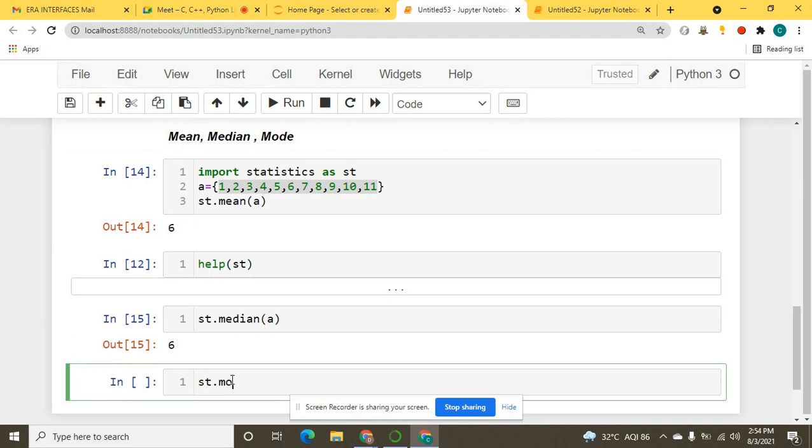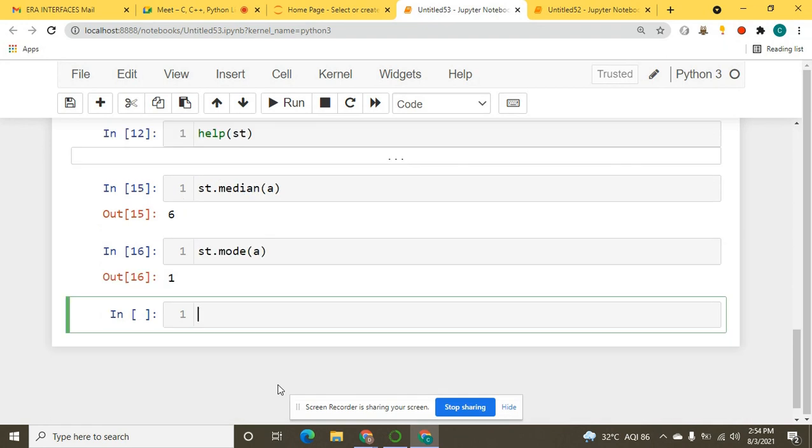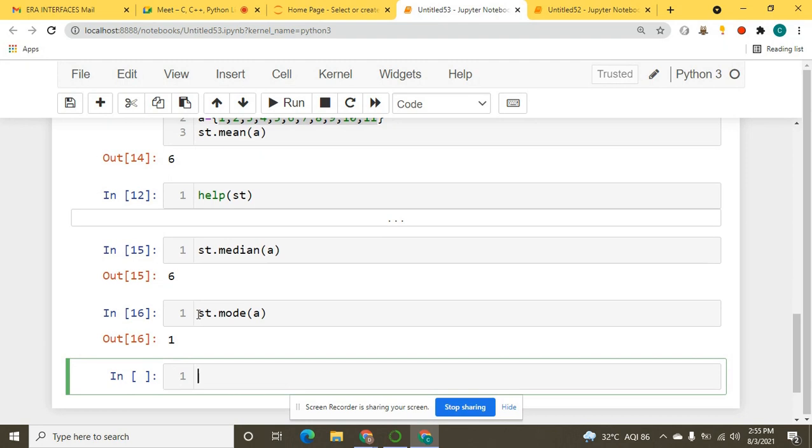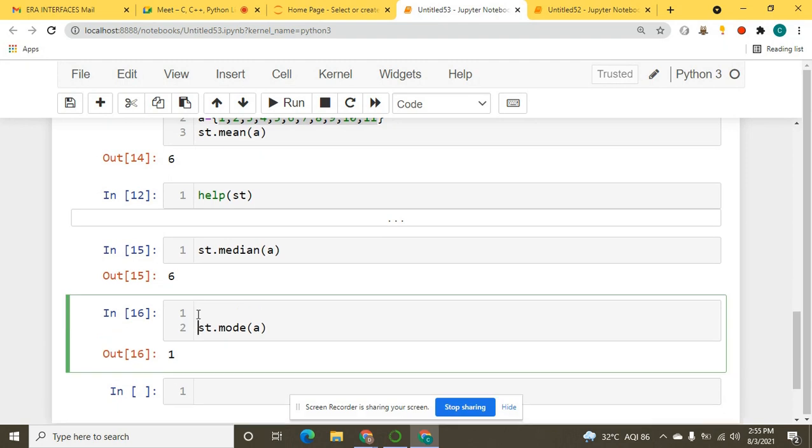What is mode? Mode is the most frequent value in your data. So let me change the data first, otherwise we will simply get 1, meaning we won't get the proper result. So let me take one more data.